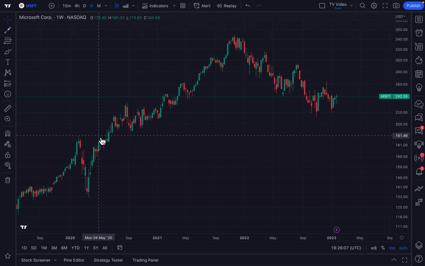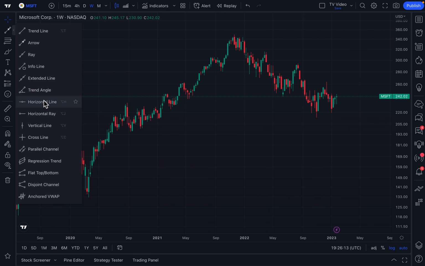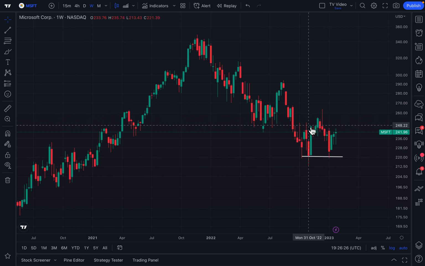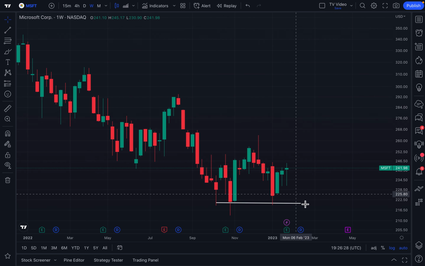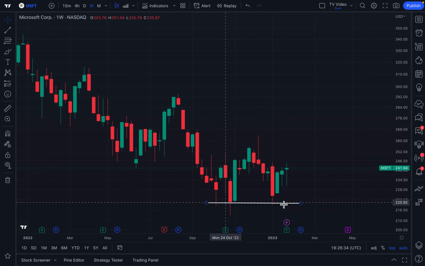The second example is that this can be a way for you to remind yourself about the levels you're watching without using much text at all. Maybe, for example, you are observing a double bottom on this chart. So you drew this trend line here, and you're looking for some short-term support, and maybe this is something that you're thinking about. If you're going to buy, or if you're going to find an entry, you're going to wait for this level